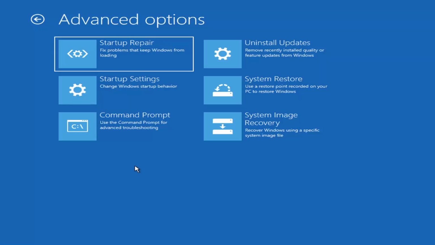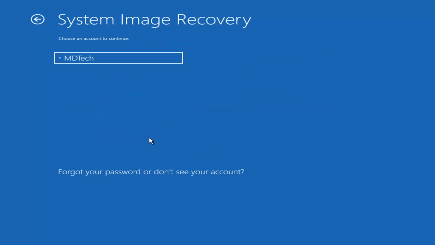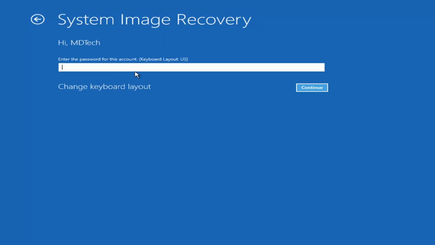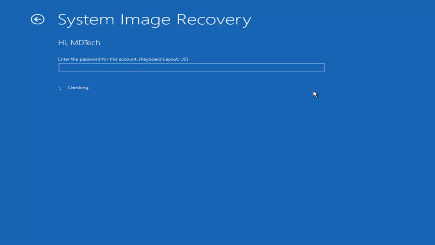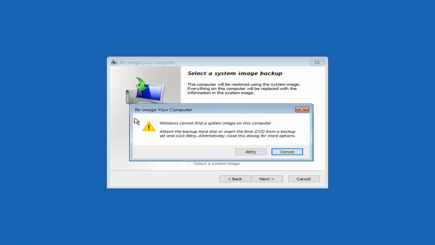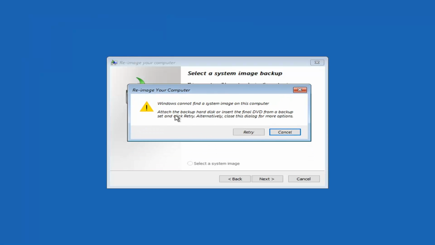Another thing too, you can try the system image recovery option, which, if you have a saved CD or DVD of a backup, you're welcome to do that. It's more common if you had an older version of Windows, like the Windows 7 Backup and Recovery option. Not as common, most of you guys probably don't actually have that here, but I will just go ahead and type it in, select continue. Actually, I think I don't even have a password on here. And anyway, you can see there's no system image on this computer,